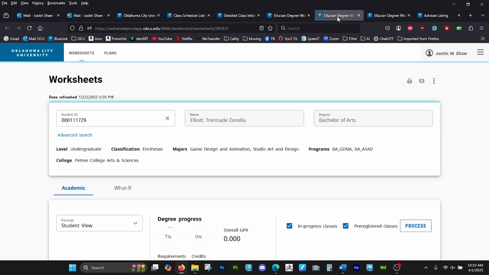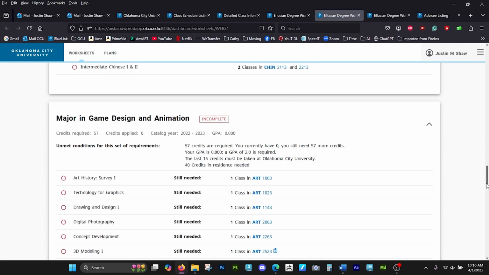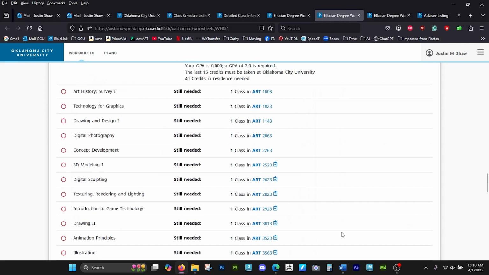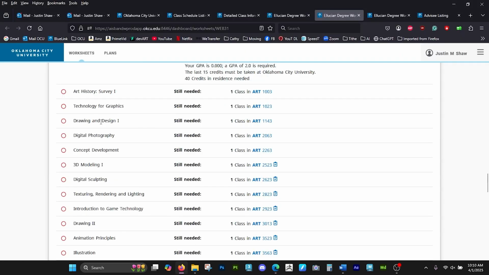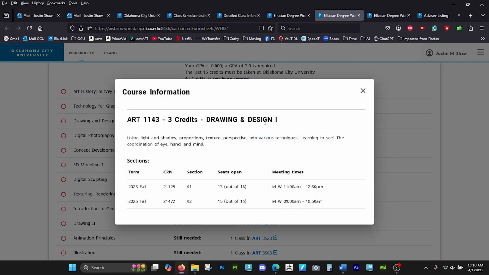Now I'm going to go back to my Euclidean degree works. Go back to my degree sheet. Drawing and Design 1. I click here, and I see that there's both of them on fall, and there's one at Monday and Wednesday at 11, and there's Monday and Wednesday at 9. I want to copy this information,